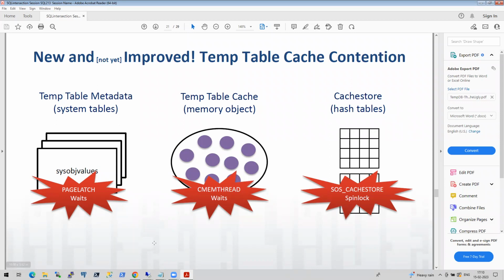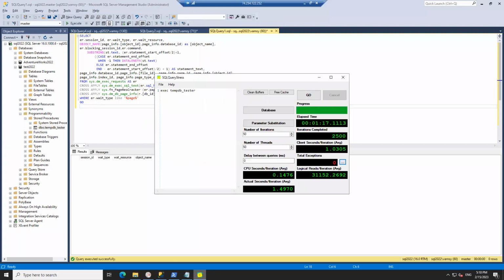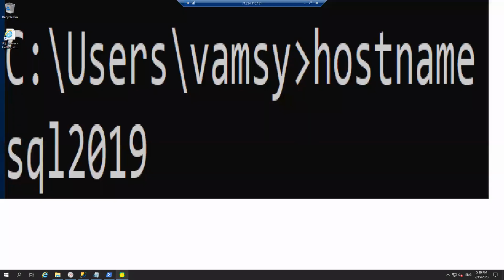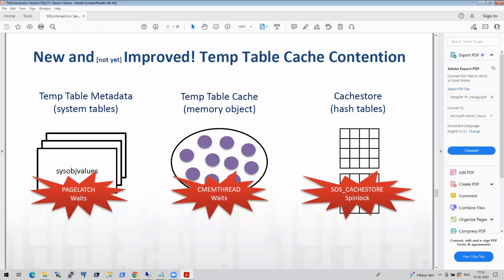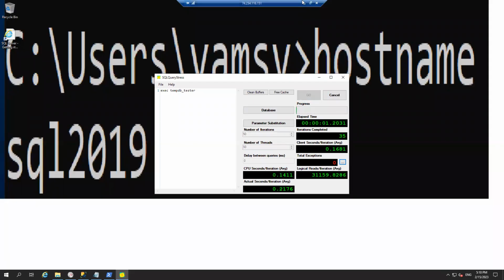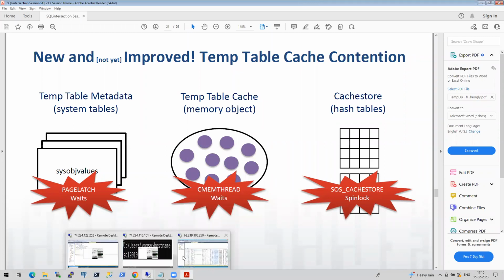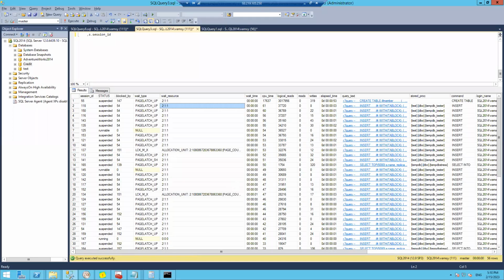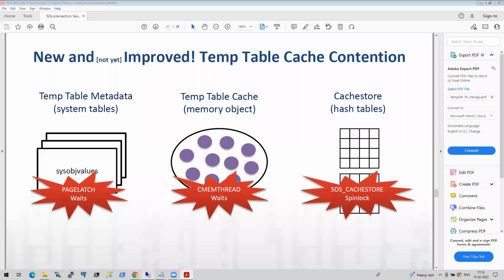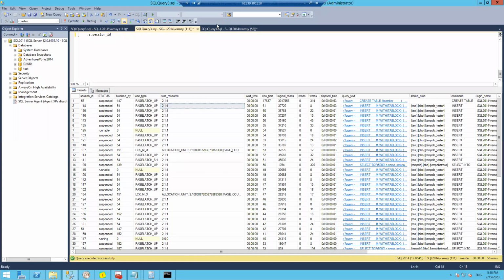Okay, let's jump in, and I'm trying to run a workload here. So this is my workload. Some query stress I'm using. I'm running the same workload with the same configuration on all the 3 machines, meaning 2014, 2019, and 2022, in parallel. Okay, so since I'm running the load, let me make use of sp_WhoIsActive,